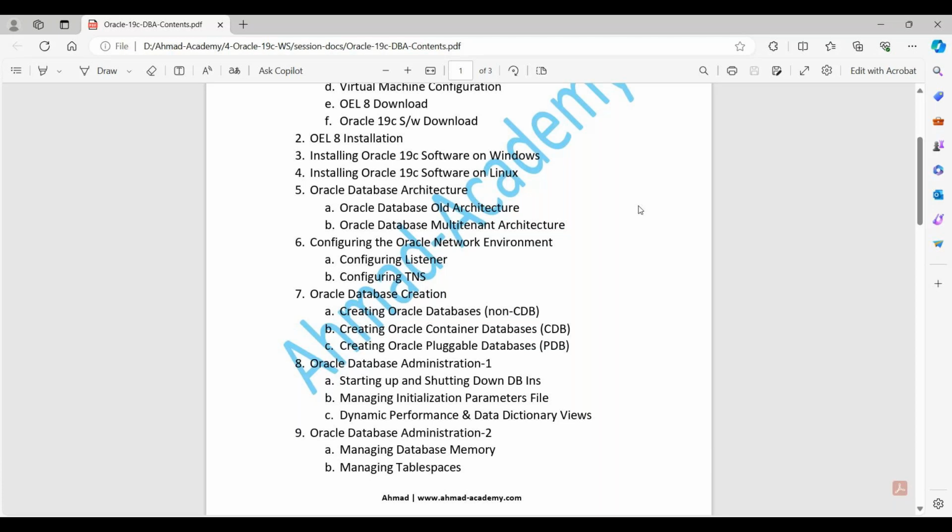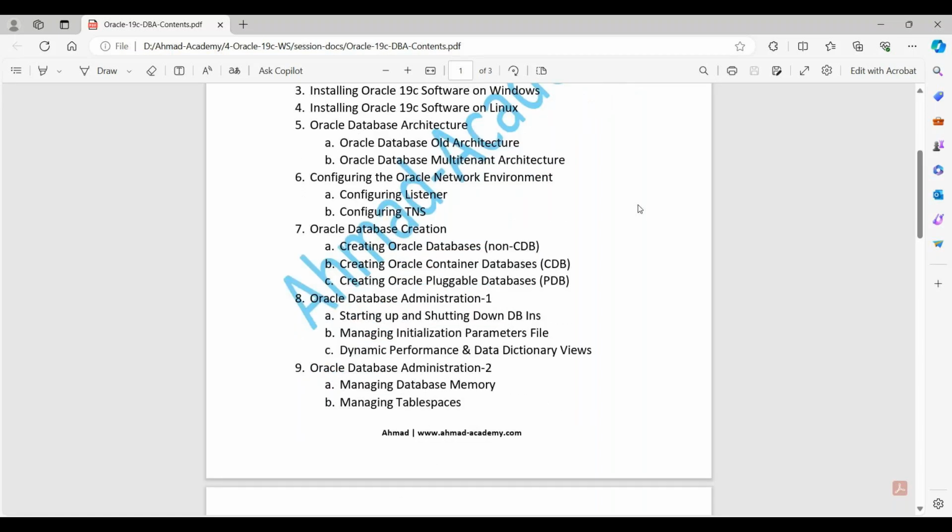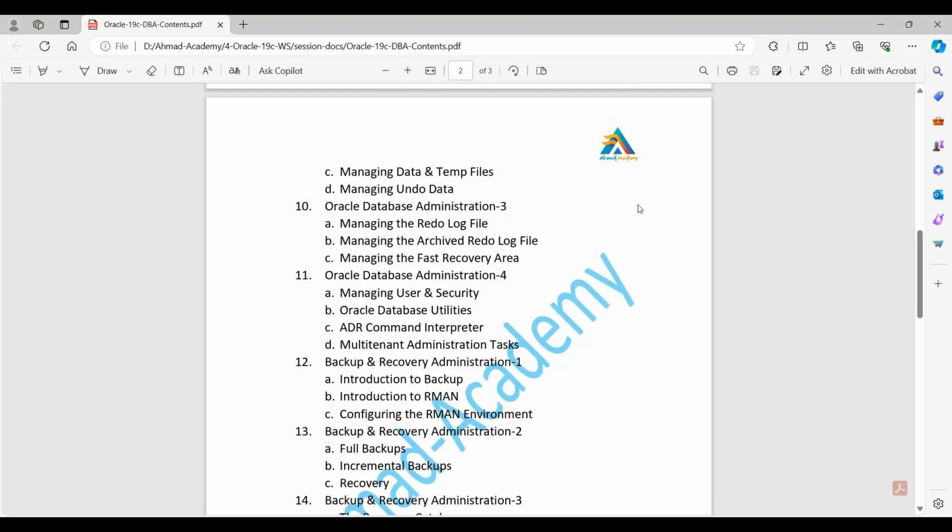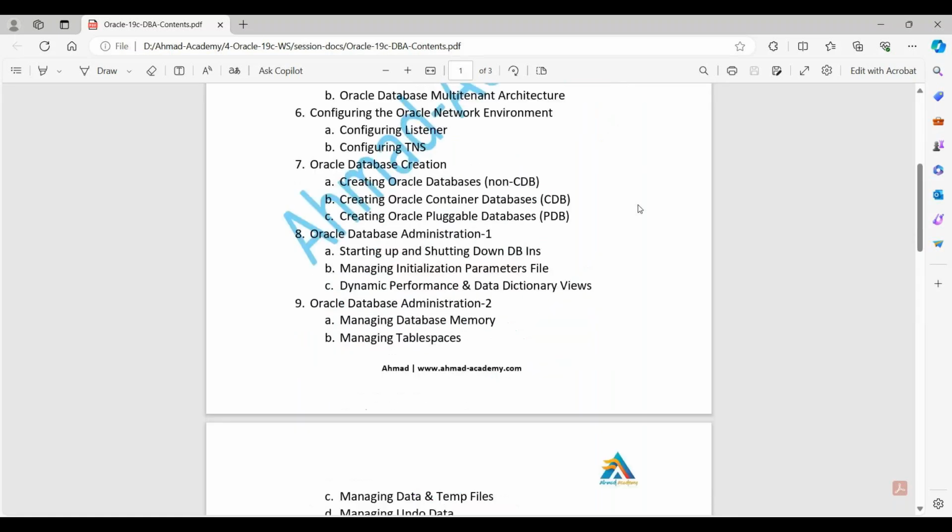So these topics I will cover. And then when we are in the database, we start from the database administration part. I have generally divided this course into four administration parts: one, two, three, four. So in database administration one, actually